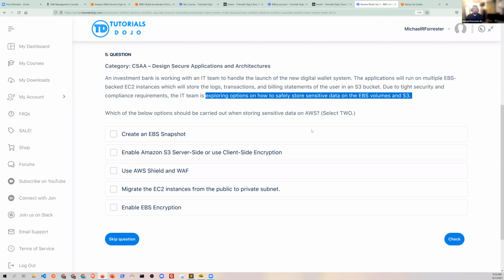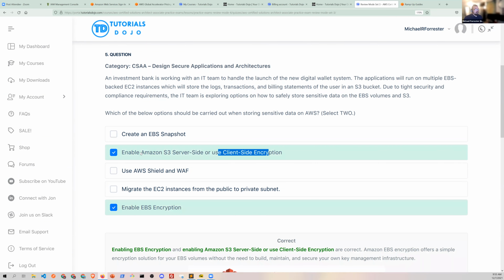I think it'd be 2, right? Enable S3 server side or client side. Yeah. E. So E, I'm hearing that. And then I see B and E in the answers. Good. And server side or client side encryption, both of those work. And actually, S3 has like 4 encryption options, including one that's just pre-put, right? So let's check it out.